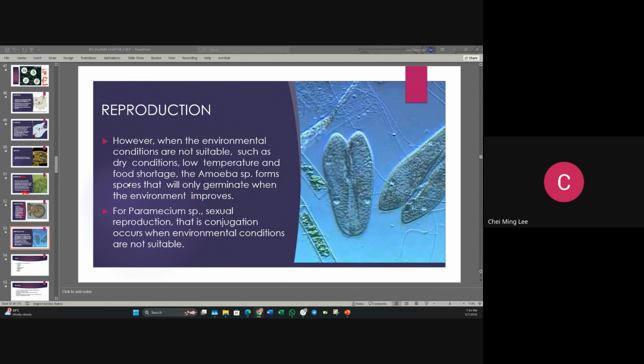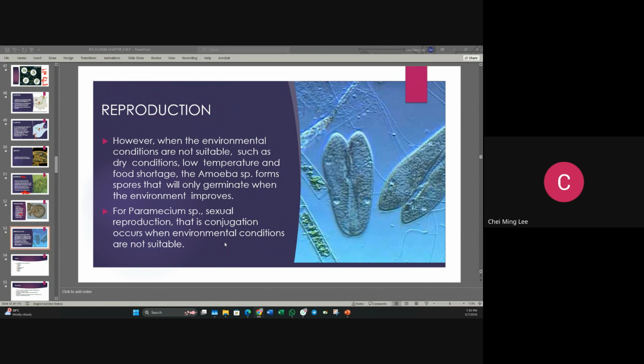That one is actually the seed, but we call it spore. It's the mushroom seed, which hides under the cap. The black one, very tiny, almost like powder. That is the spore. So it will form the spore that will only germinate when the